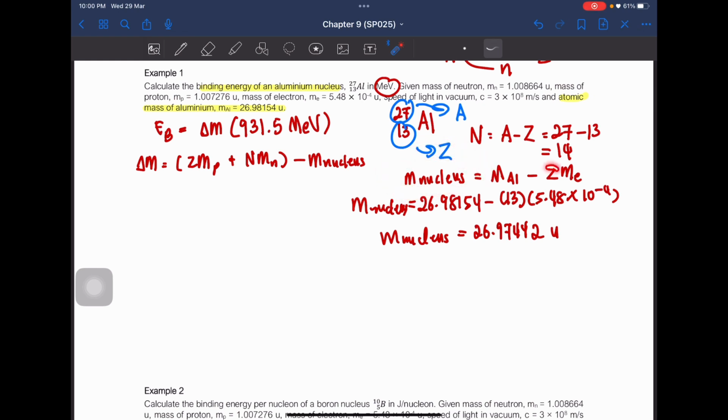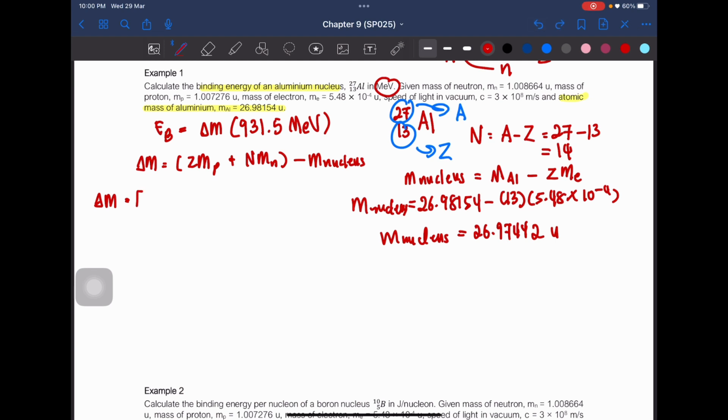Kenapa kita darab dengan Z? Sebab untuk atom dia tidak charge kan sekarang, the number of protons will be equal to the number of electron. Okay, so the number of electron dalam nucleus tu kita darab dengan the mass of the electron. Okay, so kita sudah tolak electron, tinggallah proton dengan neutron number di dalam ni. Okay, mass of proton and neutron lah yang tinggal dalam the mass of nucleus. Okay, so selepas kita dapat mass of nucleus barulah kita boleh